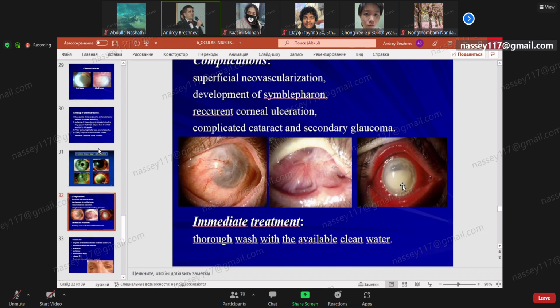Sometimes we can see chemicals not only in the form of liquid, but in the form of powder, solid parts of the chemical substance. All of them should be removed as soon as possible. Stop the contamination and then continue with the